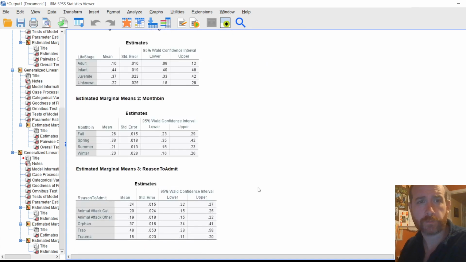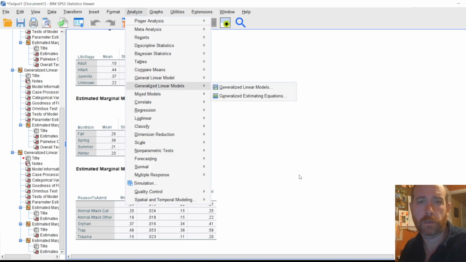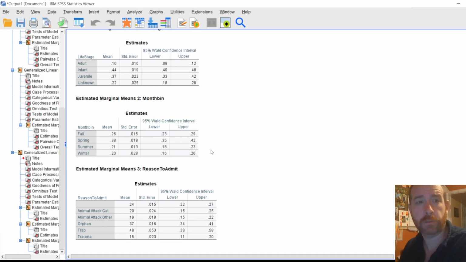So now from here, I'd write this up, make a graph that shows this kind of data, and be on my way. And that's how you use a generalized linear model. I learned something about squirrels today. Wasn't expecting it. Okay,